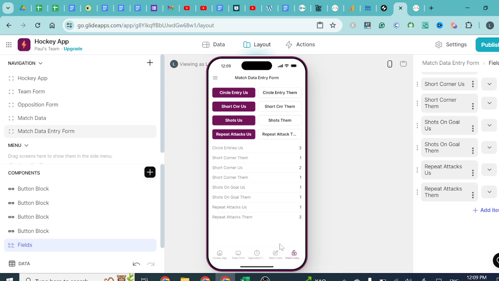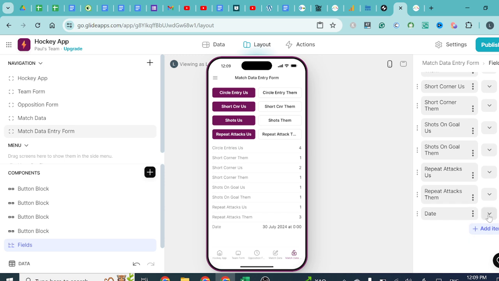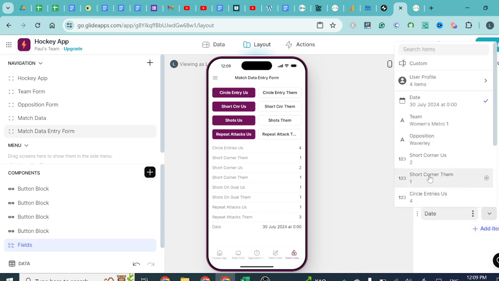Okay, so now we've got all of our repeated text, and this is where we can test our buttons. So if we hit circle entry, you'll see that it goes up, and you'll see I'm clicking on circle entry them, and I haven't actually put in circle entry them. That would be helpful, wouldn't it? We better put in circle entry them, and